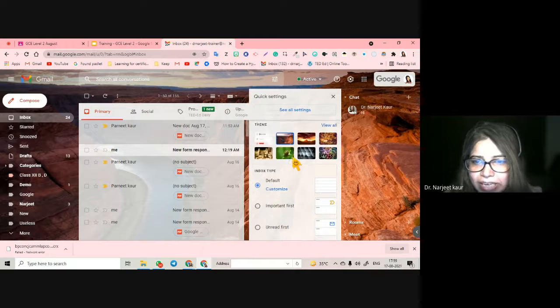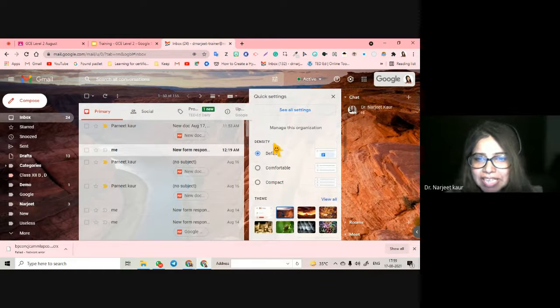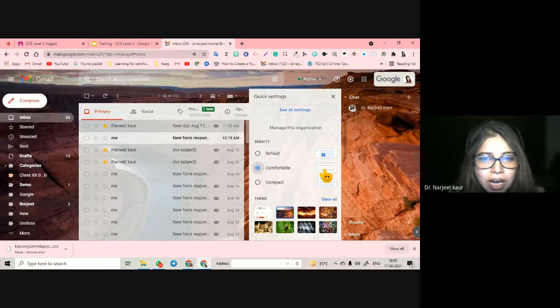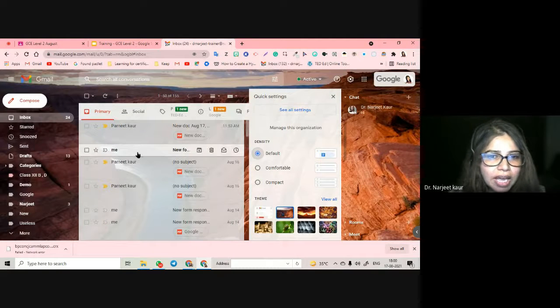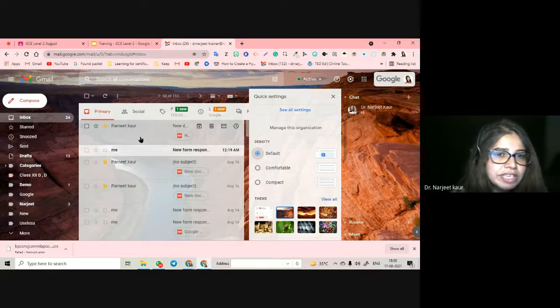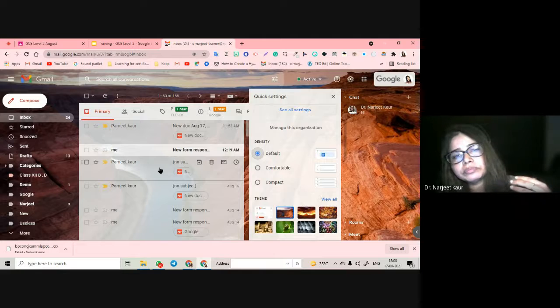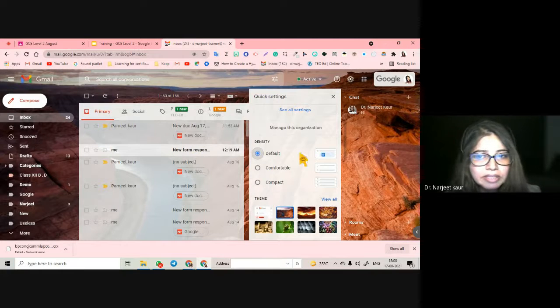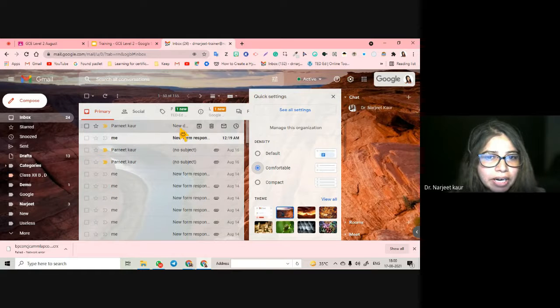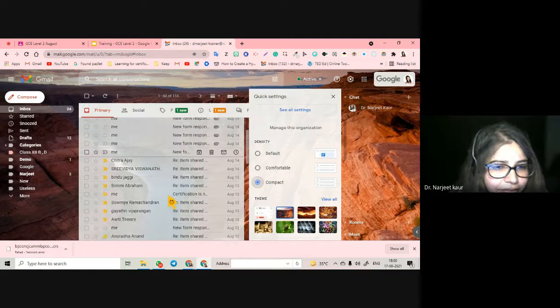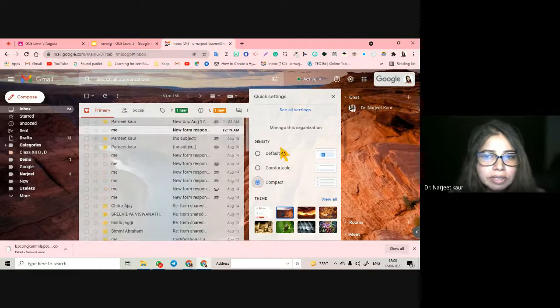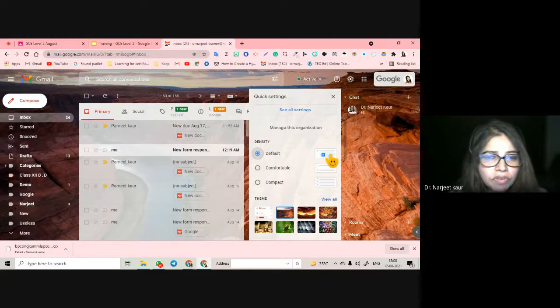Before doing that, let's quickly see what all this is about. This is about density, how I want my mails to look. Are they going to be far apart? See how the things change when I click on default, and you see the mails that I have received, the extensions, etc. The attachments in the mails are visible. If I click on comfortable, the attachments are not visible. If I click on compact, it gets really thin, right? So this is how the layout of the mail is.